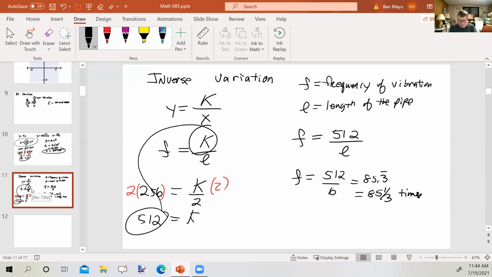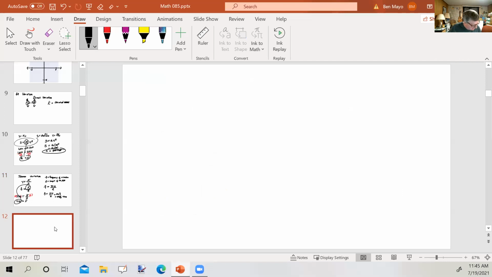Think about supply and demand. If the price goes up, the demand goes down. If the price goes down, the demand goes up, or at least people are more willing to buy it if it's cheaper. So you sell more when it's cheaper, you sell less when it's more expensive. Okay. Anyway, third example is called joint